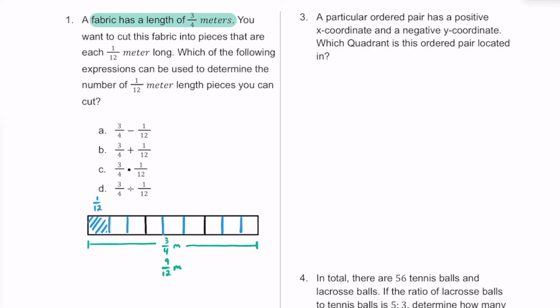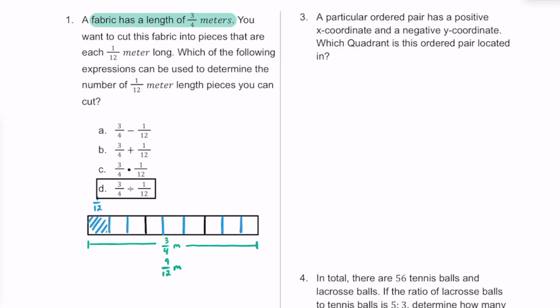So the question is how many of these little 1/12 size pieces can you fit into the 3/4? Now, hopefully it makes sense that whenever you're trying to figure out how many times something fits into something else, the operation you should be using is division. In this particular problem, we're trying to see how many of these 1/12 size pieces we can get out of the 3/4 meters long fabric. Now, hopefully you can see that you can fit 1, 2, 3, 4, 5, 6, 7, 8, and 9 of